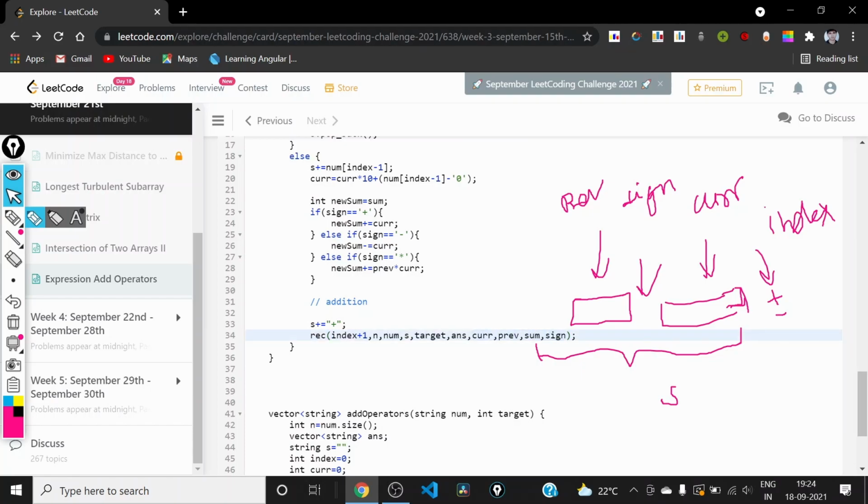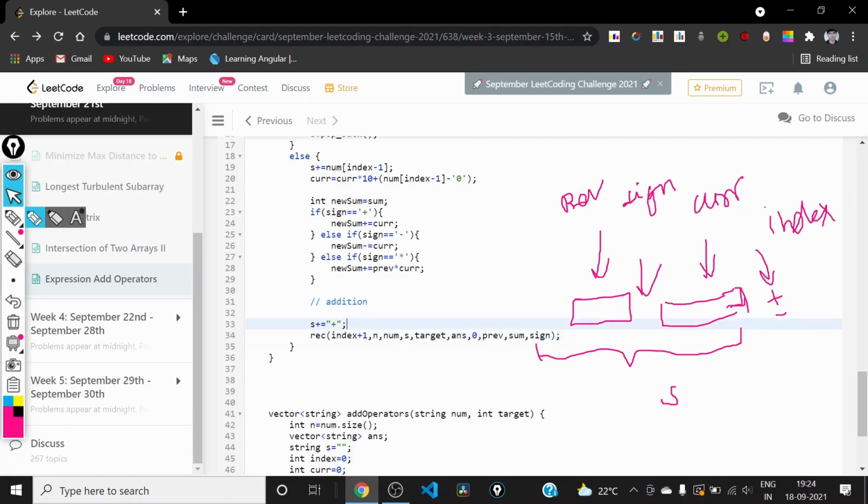Now the new current will be 0 because we have just added positive here, and what will the previous be? The previous will be this current. It will depend on whether the sign was plus or minus, so that we can determine whether the previous will be positive current or negative current.